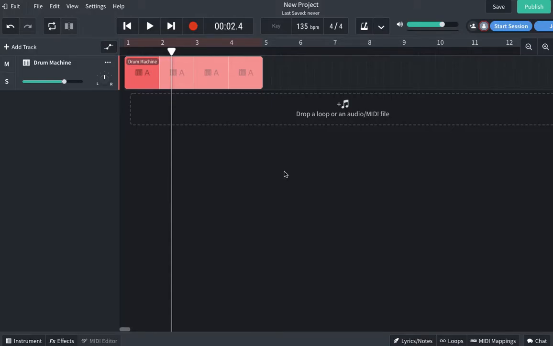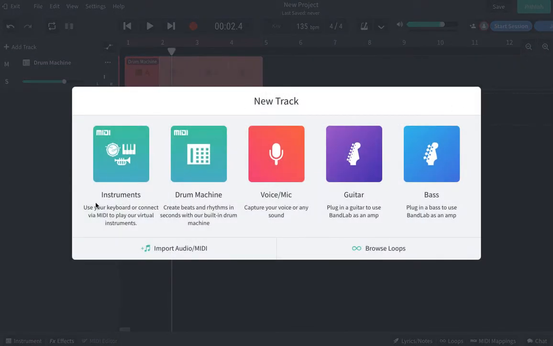Okay, so the next step in creating our hip hop track in Bandlab, now we've got our drum beat finished, we're going to try adding in a chord track on top. So let's press add track to make a new part in our project. And when we do that, it'll ask you what kind of track you'd like to make. We're going to choose an instrument track, which is going to allow us to use virtual instruments using our computer